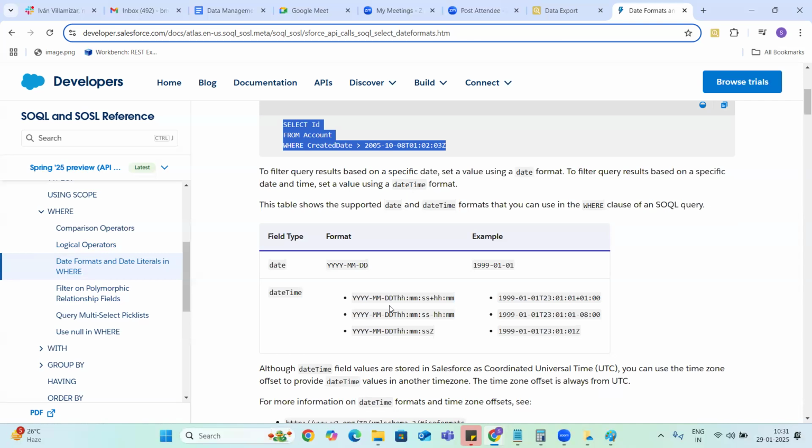In case of date time, you have to give T after that, then hours, minutes, seconds, and at the end, Z. Or else you can use this other format also. But basically, I always use the third format. All my queries, I always query using this third format.